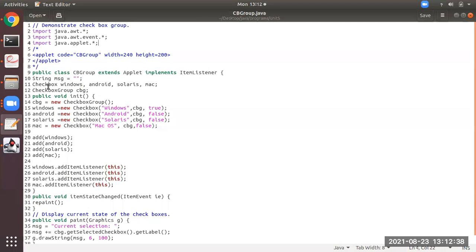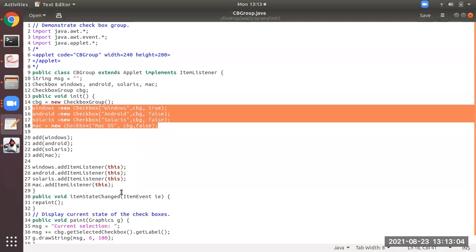So see here, students, observe. First of all, you have to declare the variables. You have to provide the references with the class name of checkbox only, and the next thing, checkbox group. But you observe in the initialization method, you are instantiating the object of checkbox group. And next, line numbers 15, 16, 17 and 18 instantiate checkbox objects only.